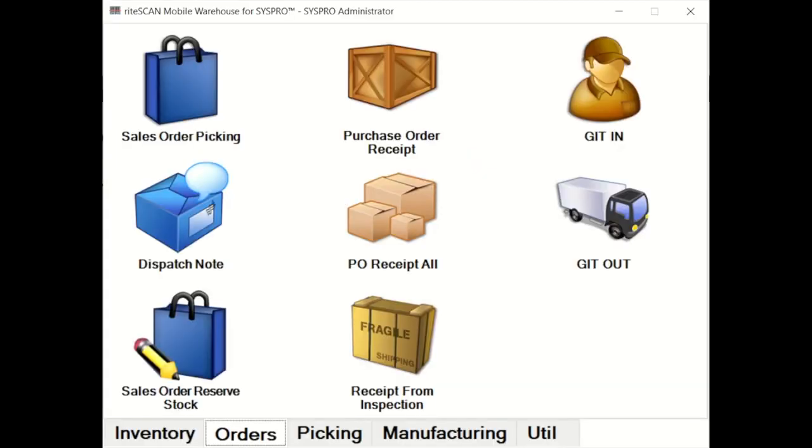Right, so that pretty much brings us to the end of our deep dive into manufacturing. Again, if you need a more detailed and more in-depth look at the various transactions within riteSCAN and how this can be applied to your environment, please get hold of us at